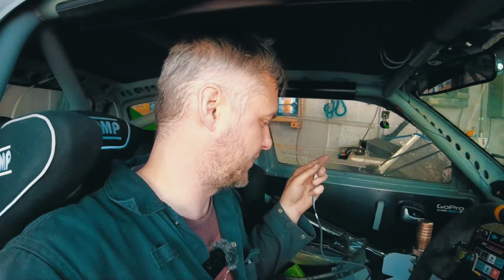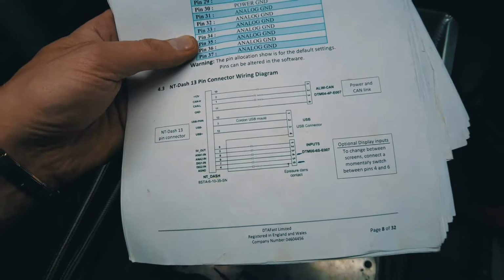Yeah, I don't think I'm gonna bore you with how. Actually, maybe I will bore you. Let's get it. Alright, now it's time for the wiring. Wiring is fairly simple. As you can see from this diagram,